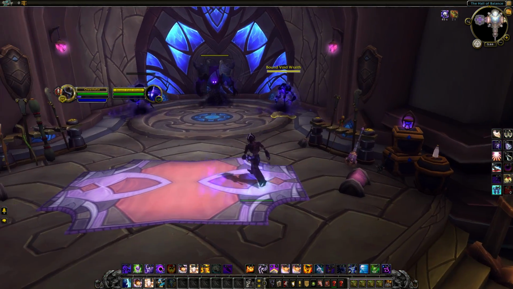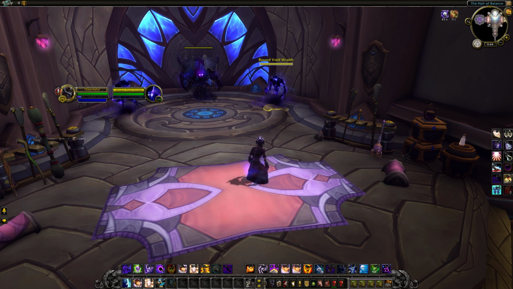So I'll explain to you right now. You see, for instance, look at Void Torrent. The tooltip says, wait, it does say that because I have this. I'll just show it to you, super OP. Alright, so if I have this, which gives me 14% haste,